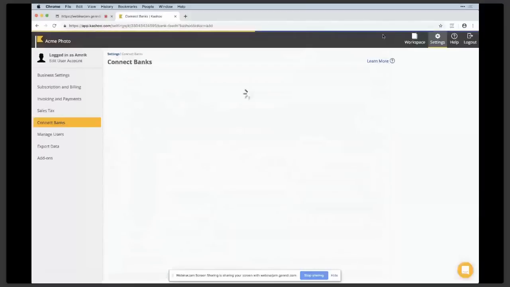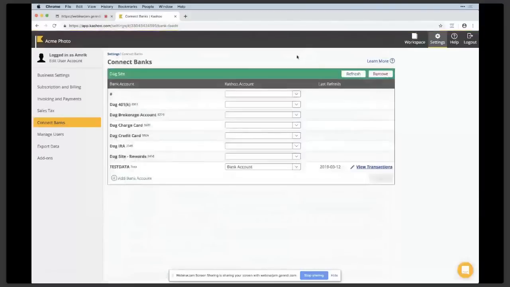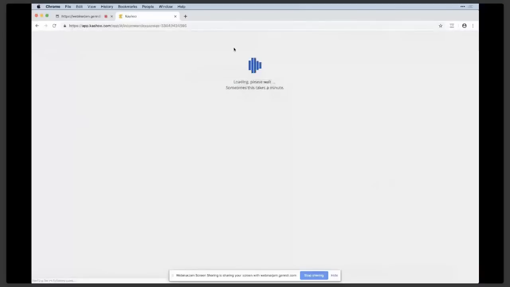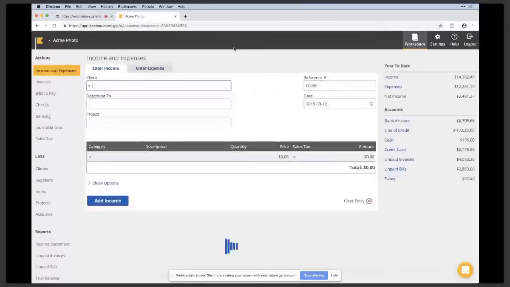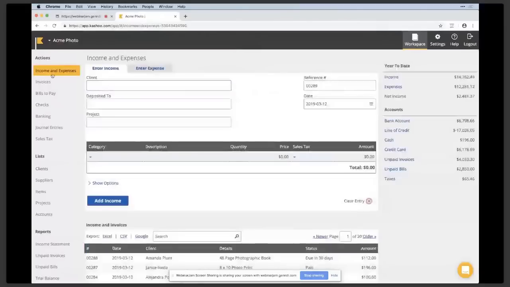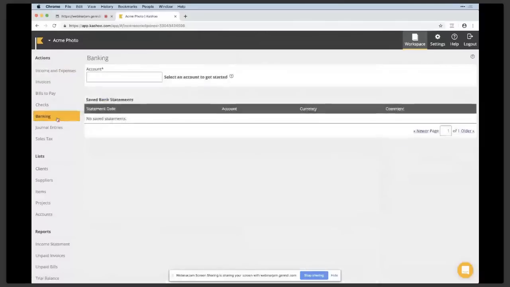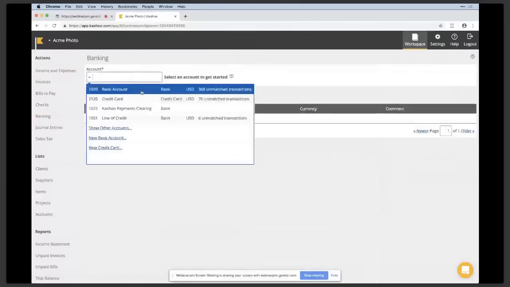You can connect as many bank and credit card accounts that you need. We know a lot of small business owners have got a bunch of different accounts across different institutions. Feel free to connect all of them. Once you do that, all of your banking transactions will show up inside the banking section of your workspace. So you just go over to the banking section, choose whichever account you'd connected to, and you'll see those transactions